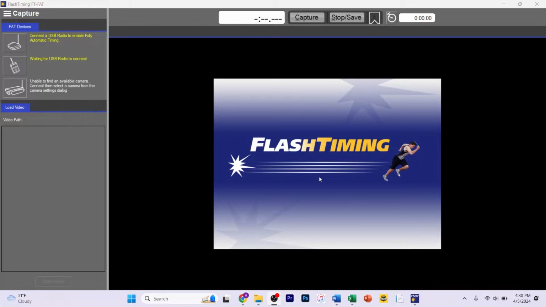Hello, today we're going to be talking about the FlashTiming camera not showing up when it's supposed to. Right now you can see that I have a warning: unable to find camera. Right now I don't have everything set up, and that is not the issue. If you have everything set up and your camera is still unable to find or camera not found